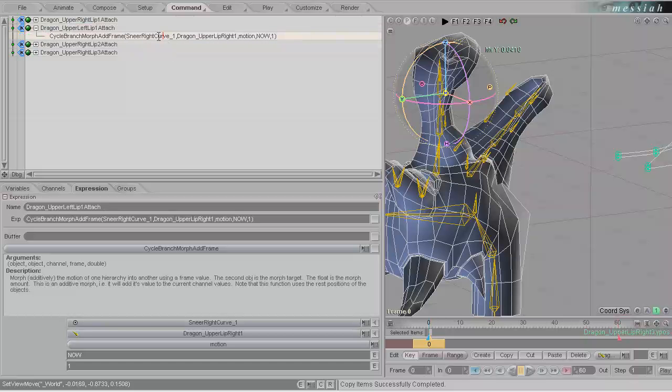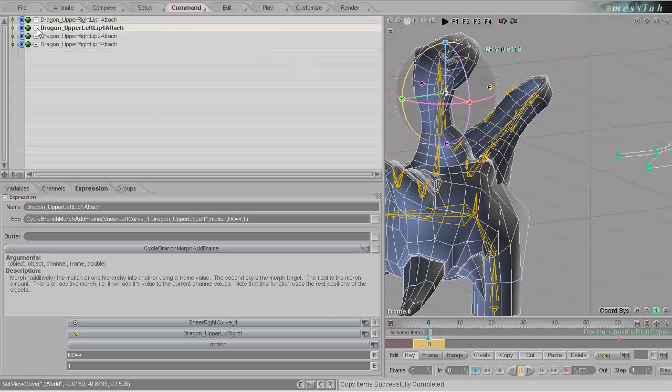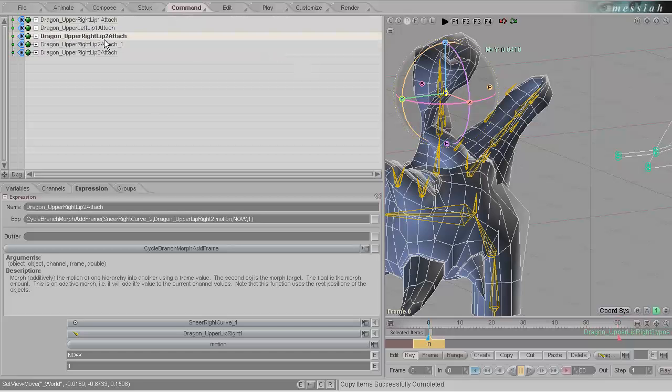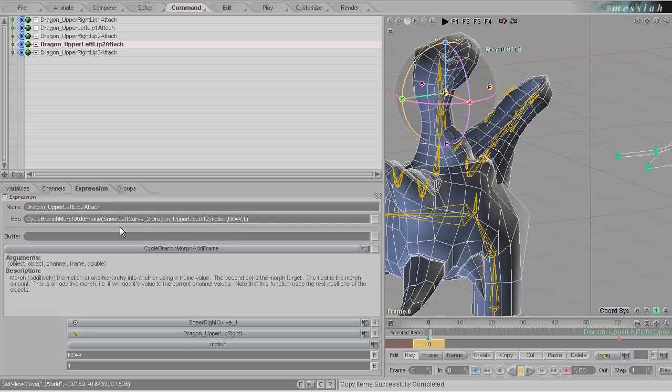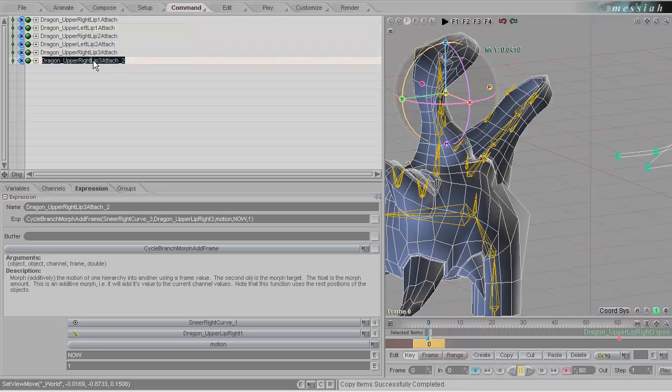And we do the same thing. Instead of altering the expression, sneer left, just have to do a couple of text edits here. Sneer left to upper lip left. Do this again, duplicate upper right, change this attach 1 here from the right to the left side. Edit the expression, which you can do up here or down here if you don't want to expand it and edit it upstairs. Just change that to left and make sure that the case sensitivity matches. And hit enter, upper right lip 3, duplicate that, change this to left as well, and then change the expression